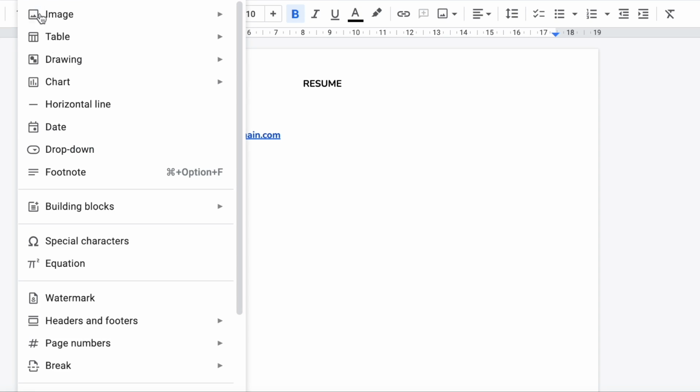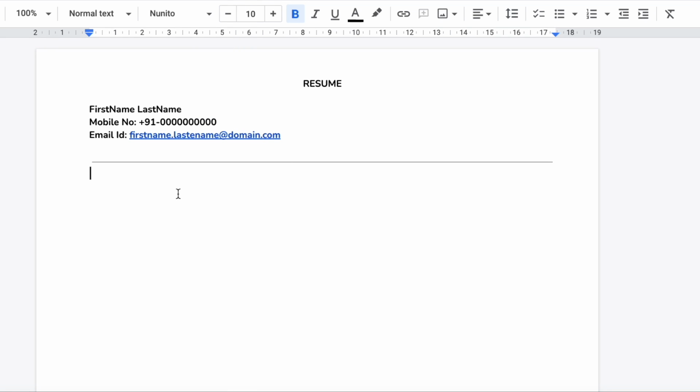Then we will insert a horizontal line. Then we will write an objective. So what is our objective? Okay, so our objective is to get a job in a good company with a good salary, but we can't write it like this. So here what we can write is, so I